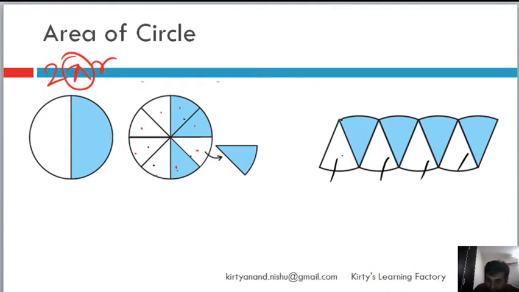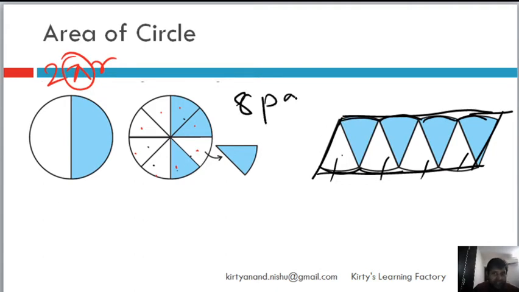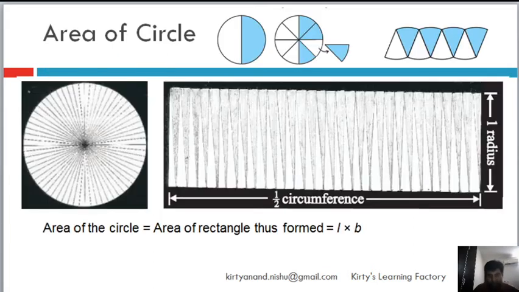Now you see, roughly here right now I'm getting some curves, but roughly when I look at it, does it give me a sense of a parallelogram? I think it does. Not agreeing with me? Okay, so right now I have 8 parts. What if I make so many parts? Here you can see I've created an infinite number of parts.